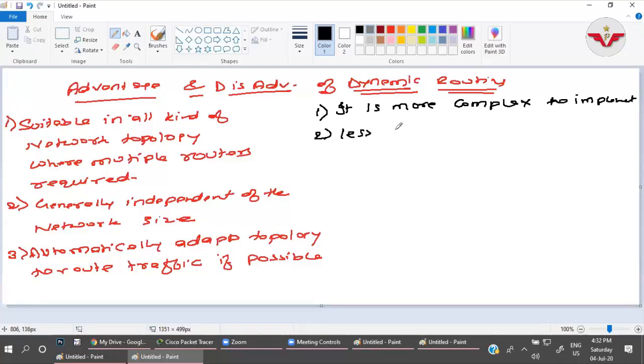Why? Because it shares the routing information with the neighbor routers with a hello packet. They send the routing information to neighbor routers, so traffic is generated between each router for the routing protocol. So it can be traced, it can be tracked. That is why it's less secure.